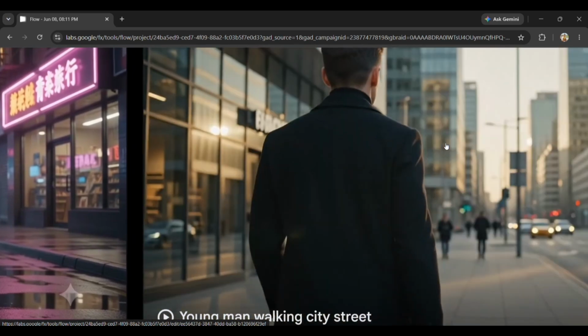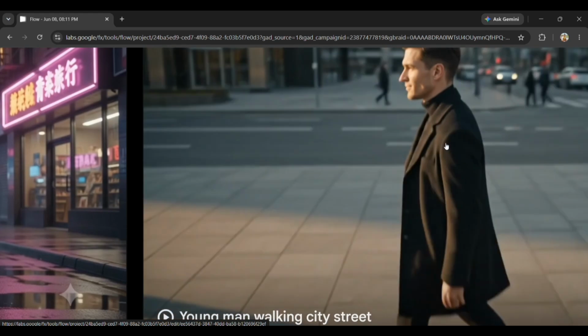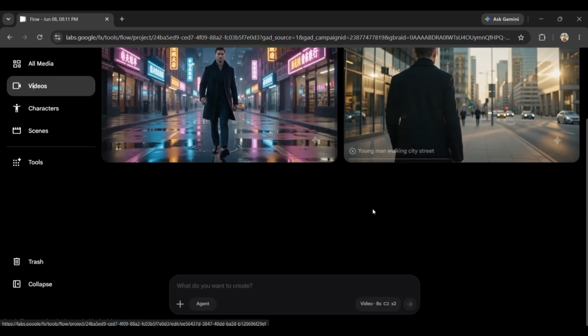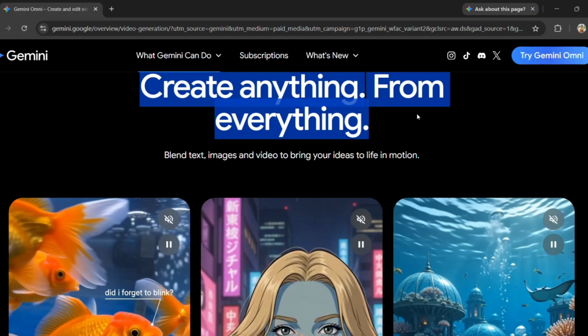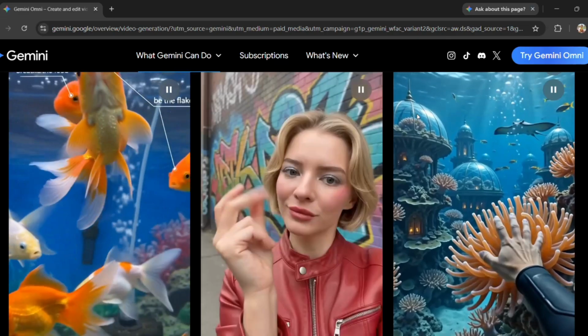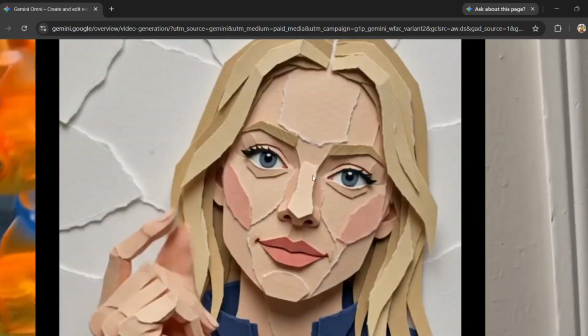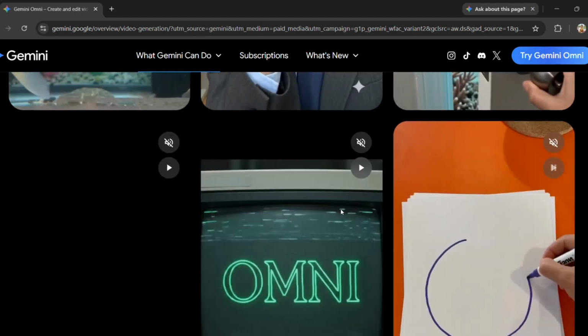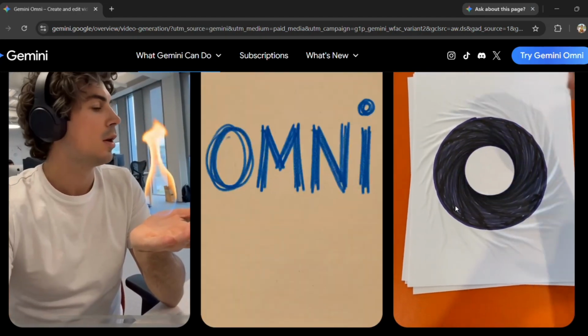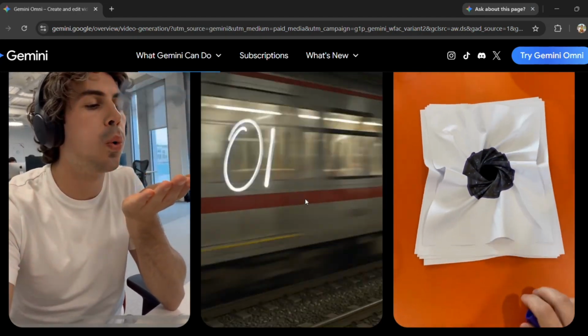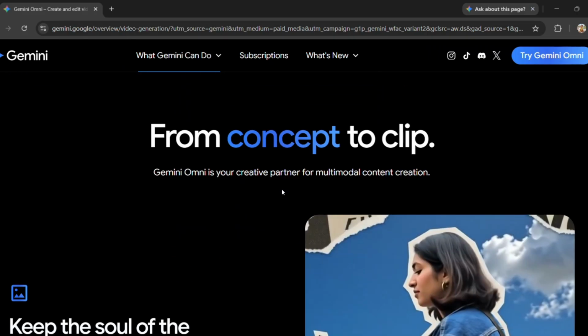Now, let's be realistic. Will these videos completely replace human UGC creators? Probably not, at least not right now. Real people still bring authenticity that AI struggles to replicate, but that's not the point. The point is speed. The point is iteration. The point is testing ideas before investing serious money. And for business owners, agencies, and marketers, that's a huge advantage.